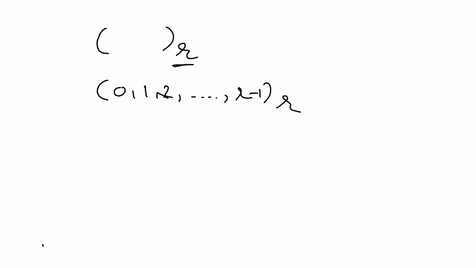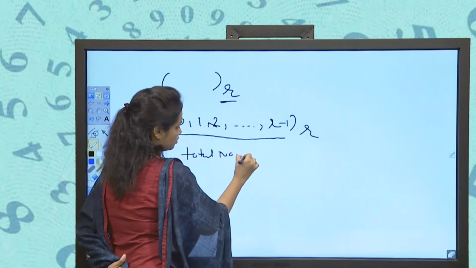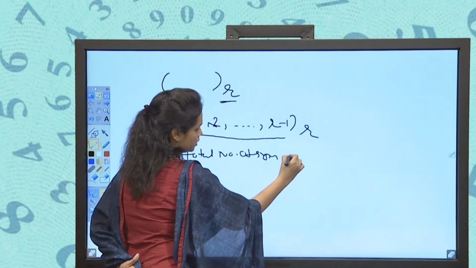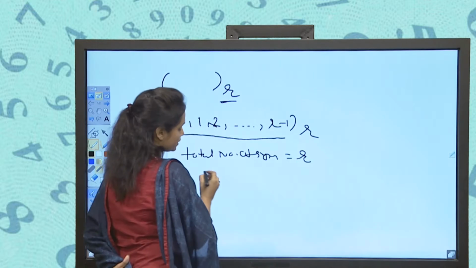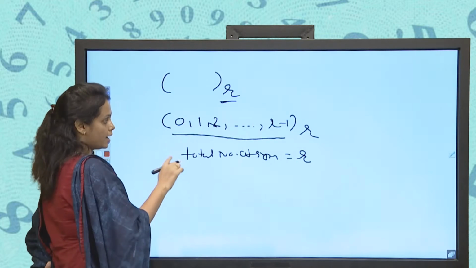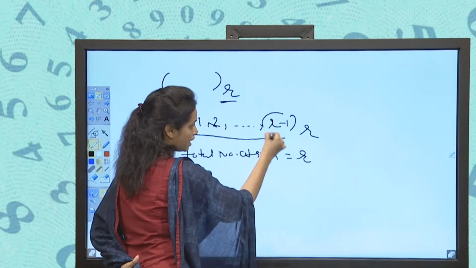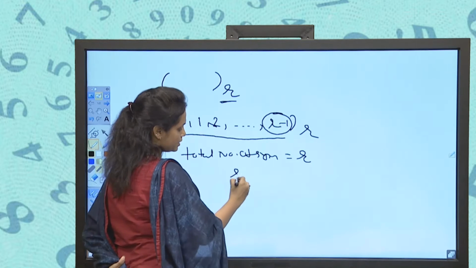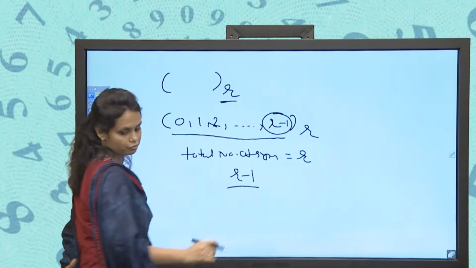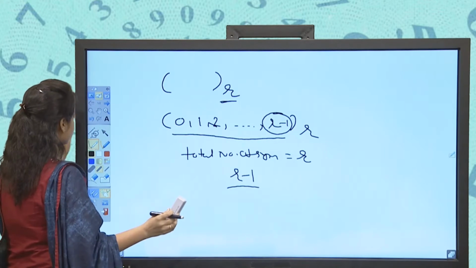If the base is R, that means the total number of symbols is equal to R, but the highest number which we have used is R minus 1. For example, if we are using